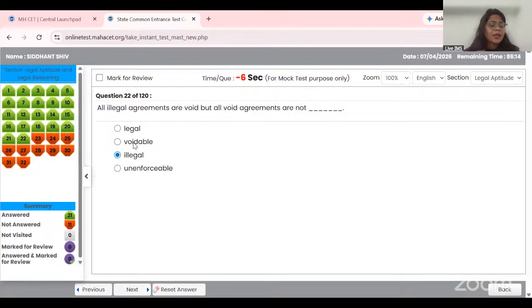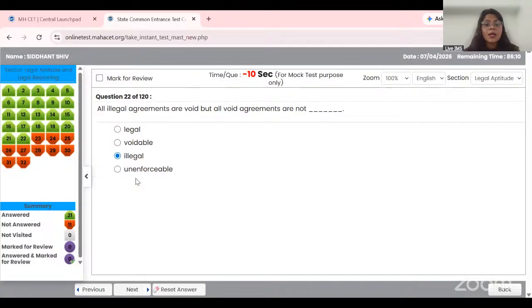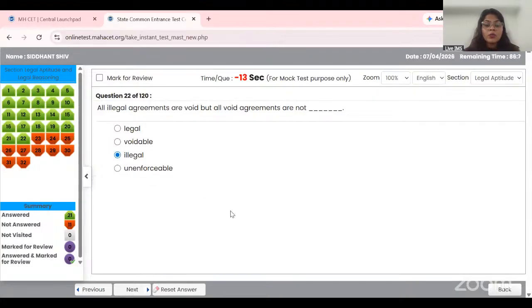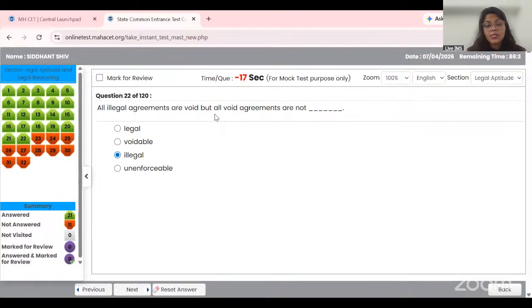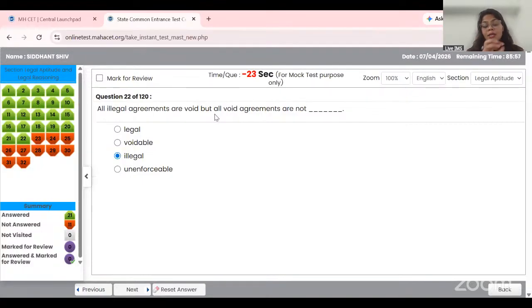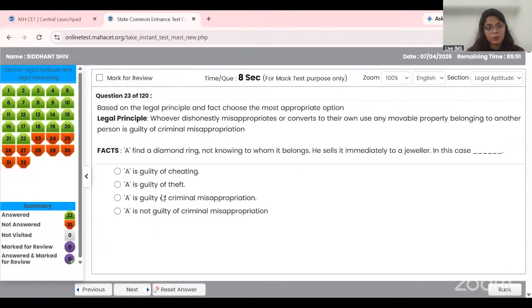This is again not the right answer for the obvious reasons, because it is not talking about free consent. Why are we not going with the term unenforceable? Because of the conjunction 'but' here, which is connecting it in such a manner that we are trying to draw the inference from the previous sentence only. So that is why we will go with the term illegal here.